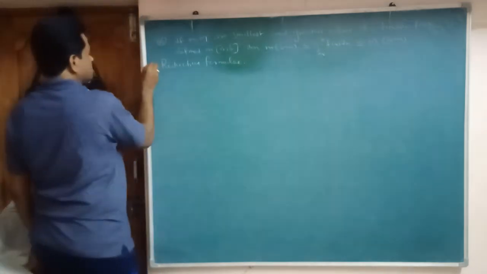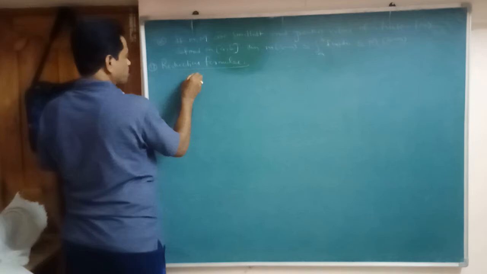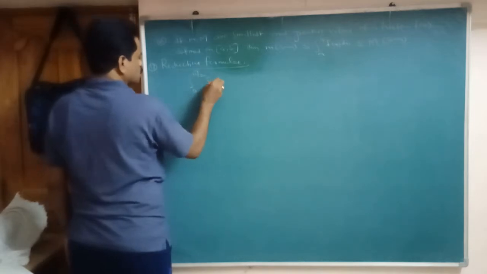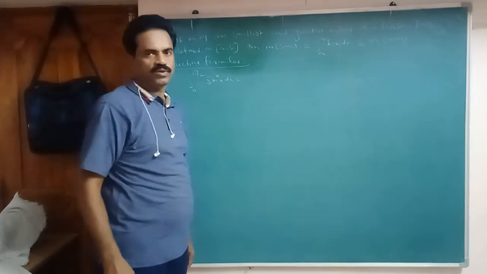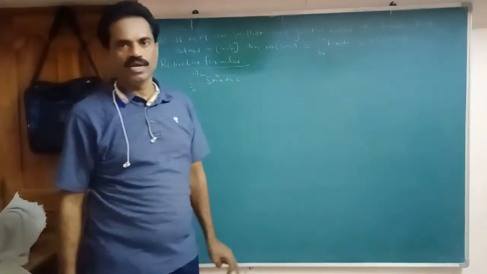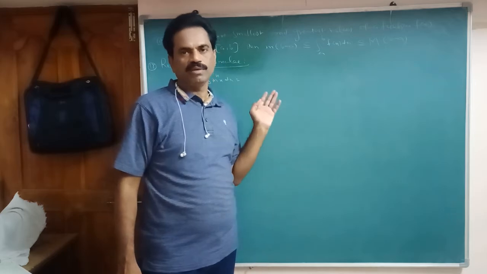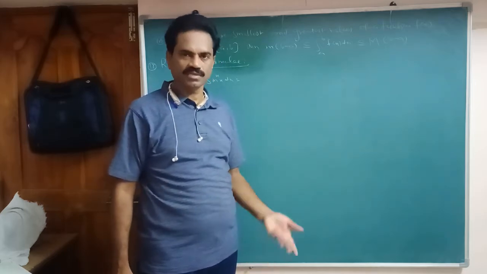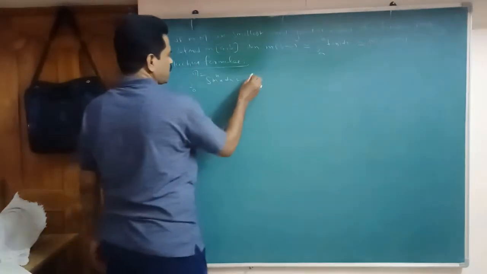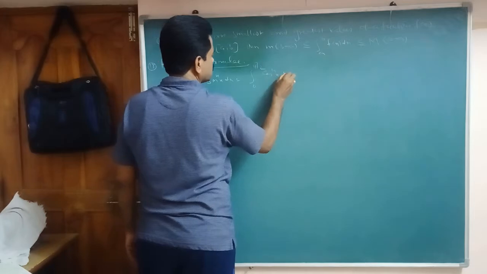And next, 71. First we will discuss the integral from 0 to pi by 2 of sin power n x dx. Now we use the property: integral from 0 to a of f of x dx equals integral from 0 to a of f of a minus x dx. So a minus x means pi by 2 minus x. Sin of pi by 2 minus x is cos power x. So we can write this as the integral from 0 to pi by 2 of cos power n x dx.